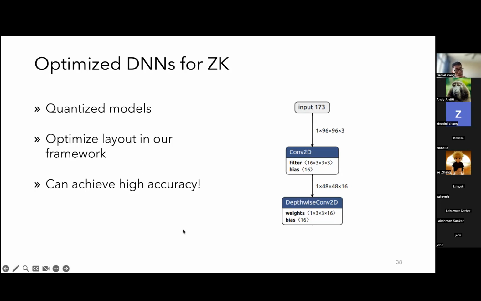Plonky 2 is also... Actually, hey Daniel, I think I remember talking to you about this at ZK Summit 9. What I found out is there's an unmerged branch in the Plonky 2 repo that implements the lookup argument that some guy presented there. Oh, really? I haven't tested it out myself, but the code's there.